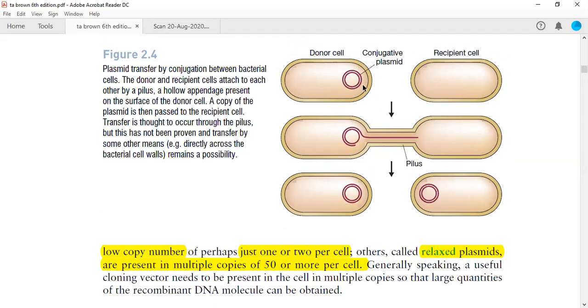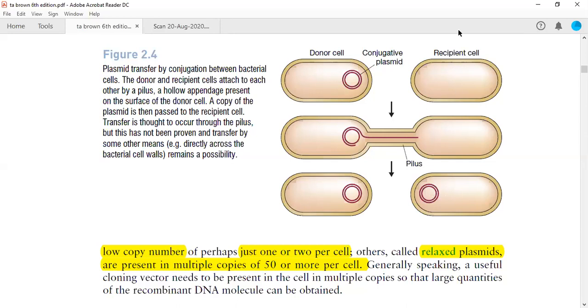This plasmid will encode certain proteins from the transfer tra genes, and they will make transfer proteins. These transfer proteins are assembled over the donor cell, so they will make this tube-like structure. Ultimately, when the donor comes in close proximity with a recipient cell which does not have this fertility plasmid, they will be fused through the plasma membrane, and the plasmid will replicate and a copy will be transferred to the recipient cell.